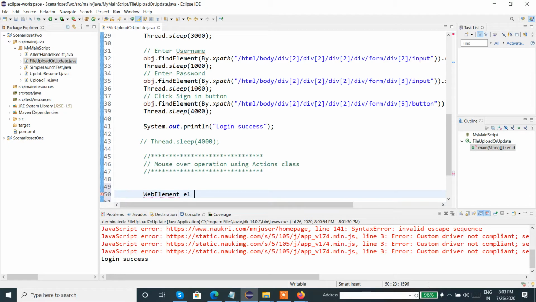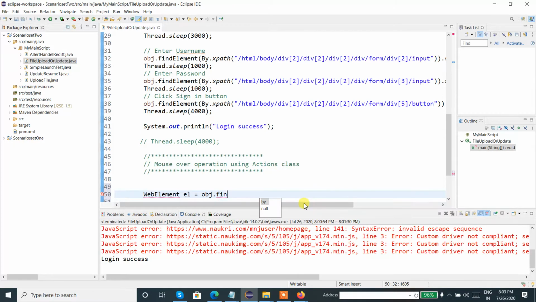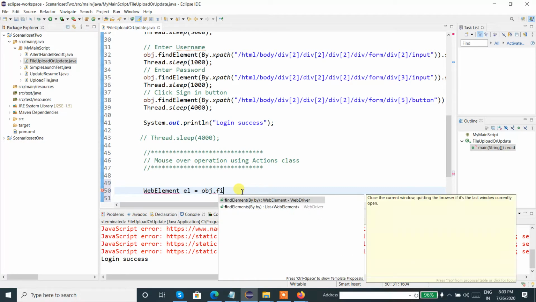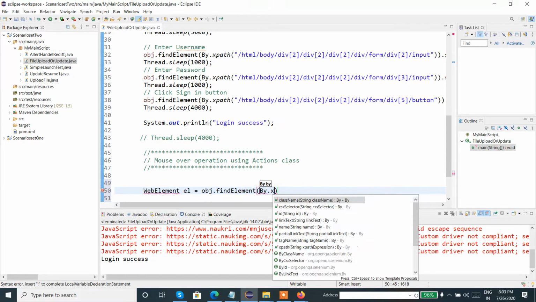Let us say el equal to driver dot findElement, by dot XPath.